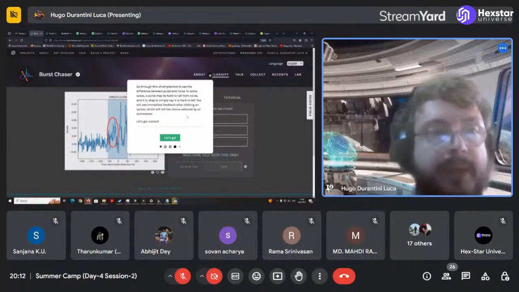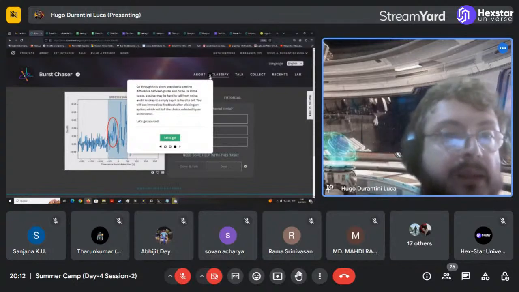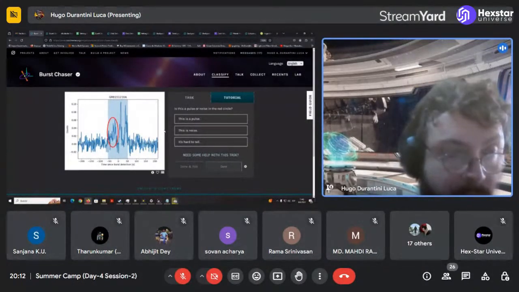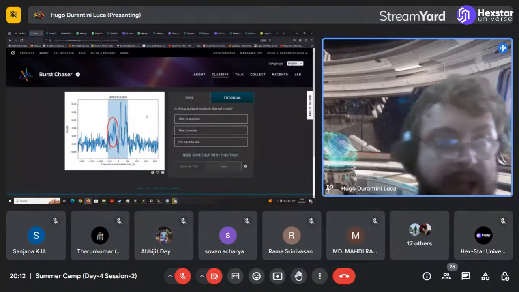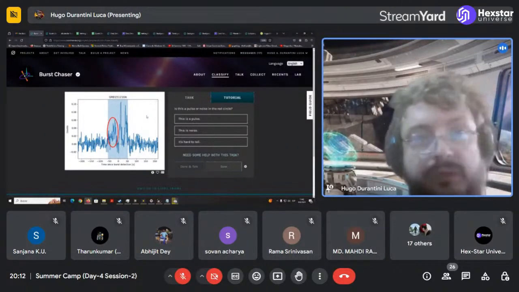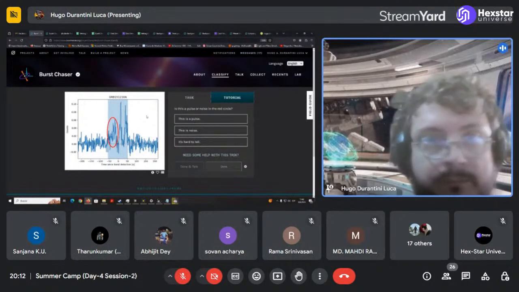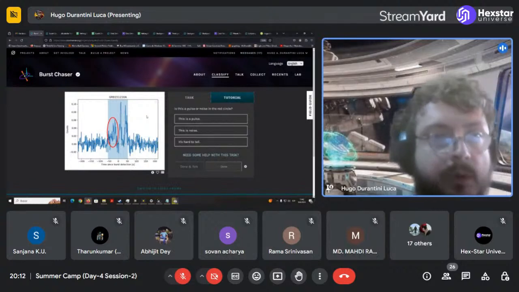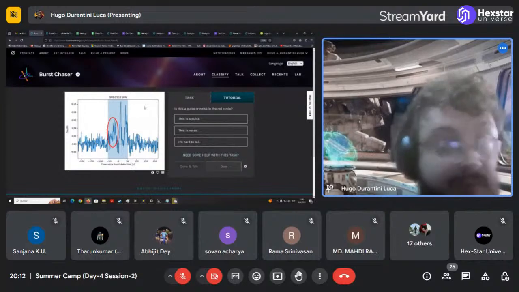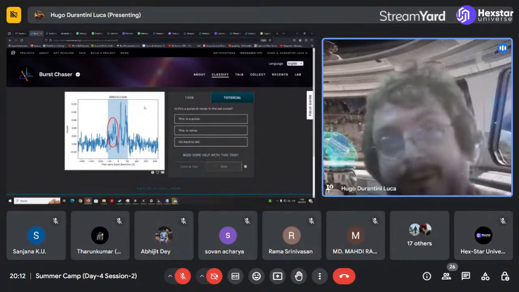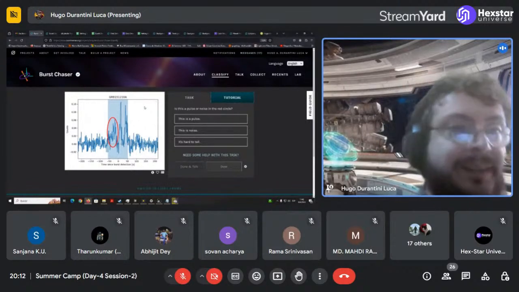Again, you can just go to the pages and immerse yourself at your own pace. Get started in whatever project you are more interested in, because maybe for some people light curves are not so interesting. They prefer to see more astronomical images where you see the stars. So Zooniverse has you covered. You can find something that's going to interest you for sure. For example, galaxies for me are kind of boring. I know people love galaxies, but I prefer to deal with stars and things like that.